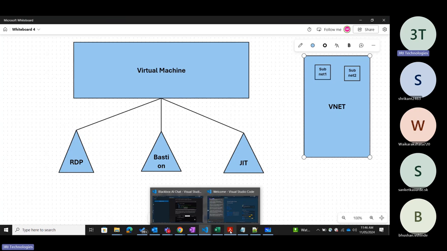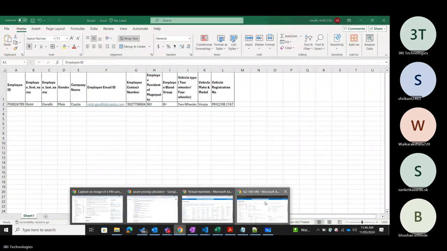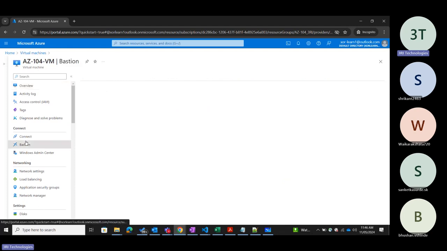It means what will happen is, just a second. Right. So it means that what will happen is this particular Azure. Now, if I go and try to access this virtual machine, if I click on a Bastion option here,